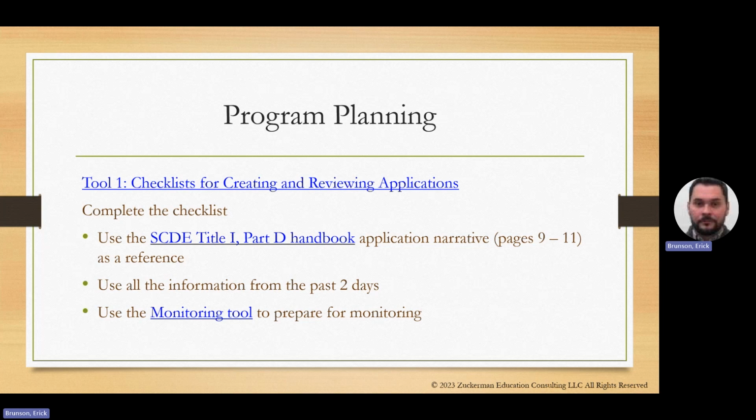But for the next hour and 10 minutes, this is your time to work on your application narrative. Again, I will be circulating, glad to sit in with you, answer any questions, help things out, and use all of those materials. And all of the SCDE folks are here as well, and glad to assist if you have questions. Any just general questions?